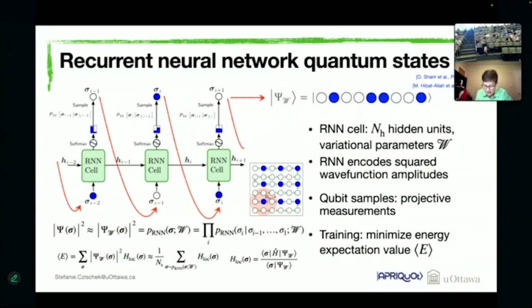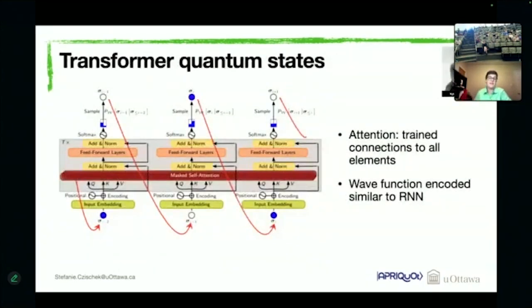So as an example, if we look at just these two atoms down here, they are nearest neighbors in our lattice, but in the sequence that we send into our RNN, they are pretty far apart from each other. So like in the physical system, they have a very strong correlation since they are nearest neighbors, but for the RNN, it is really hard to capture this very strong correlation because the atoms are so far apart from each other that information is lost while propagating it through the sequence of RNN cells. And so recurrent neural networks are limited in capturing long-range correlations, and this is where transformers are much better.